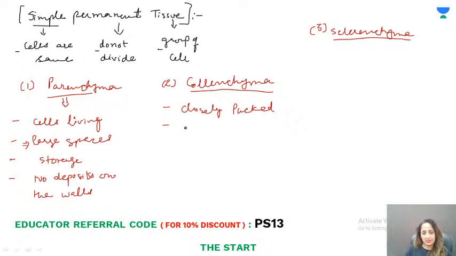They give some kind of mechanical support to the plants. Basically, they are present at the leaf stalks. They give mechanical support and flexibility,